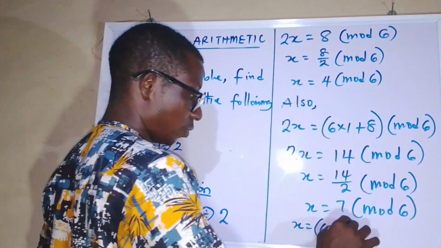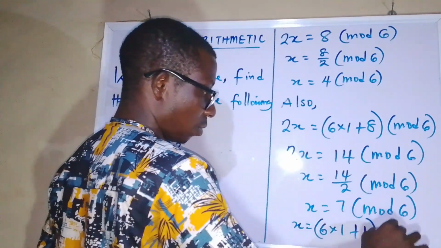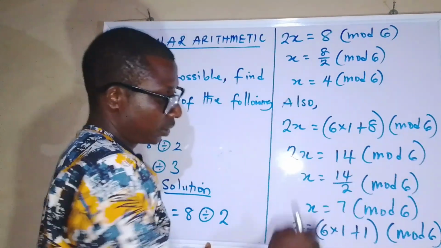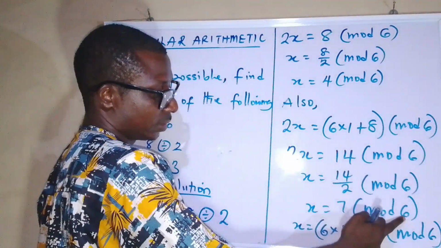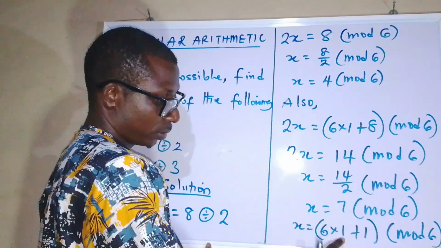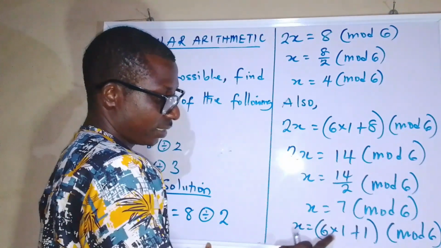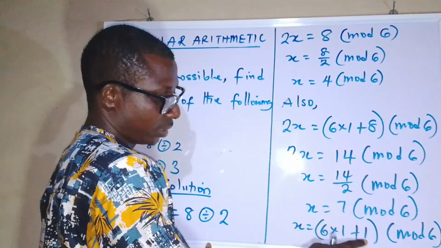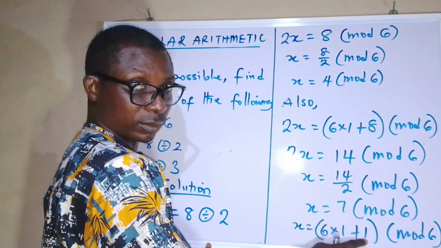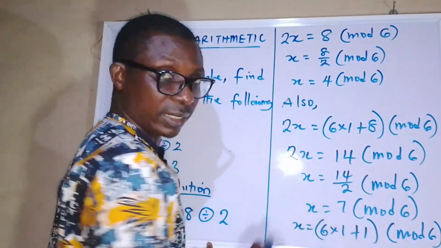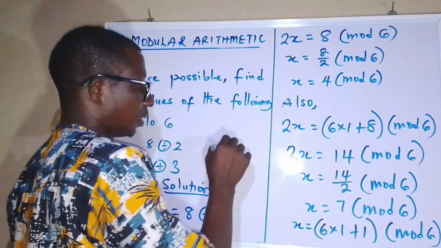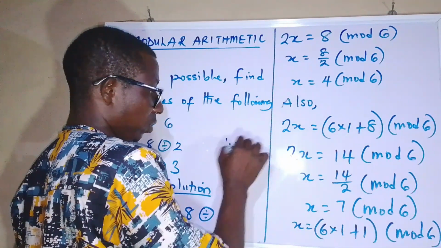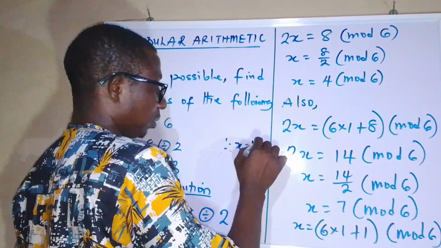The remainder will be 1. 7 divided by 6 is 1, that is 6 times 1. I can see one 6 in 7, and the remainder is 1. So the remainder is the answer. Therefore, we have x equals 1